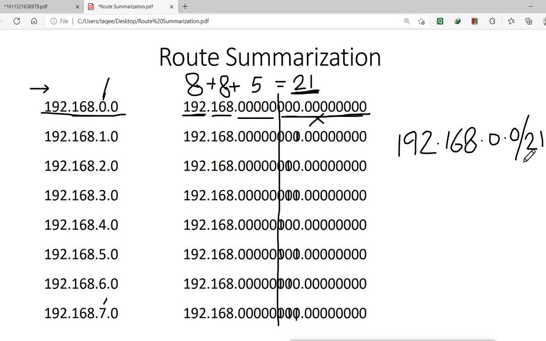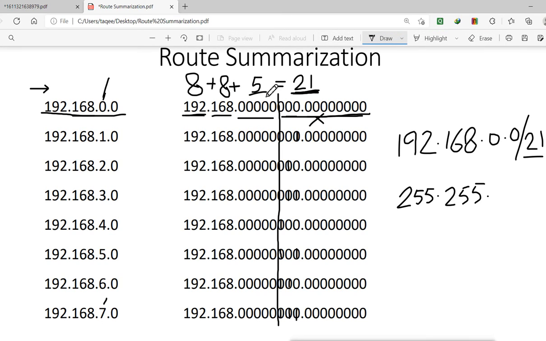What does this /21 mean? The first 8 bits are on, that means 255. If you write it like this, 255 dot, the second 8 bits are also on, 255, and here in the third part we have 5 bits on, to make 21. For 21 we have to take 5 bits on from here.